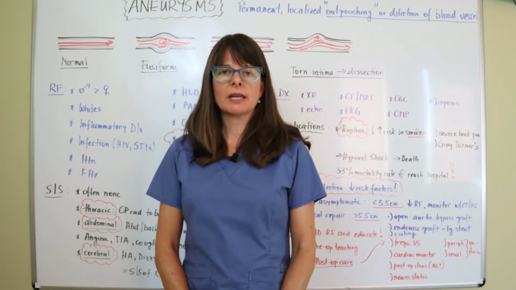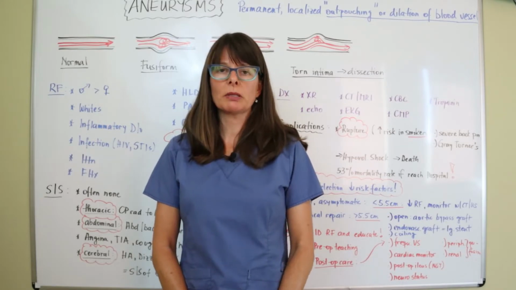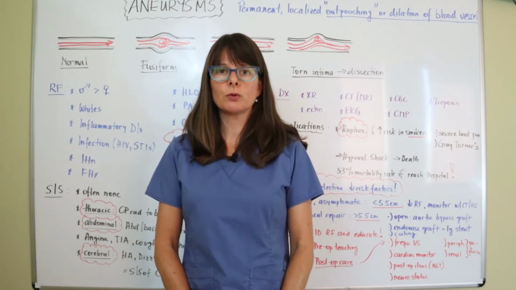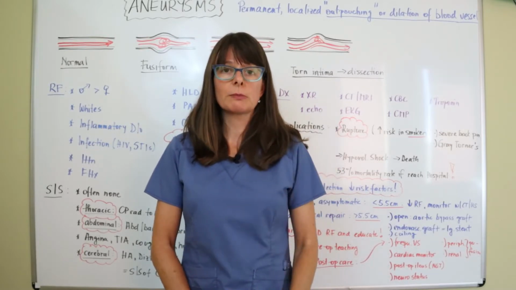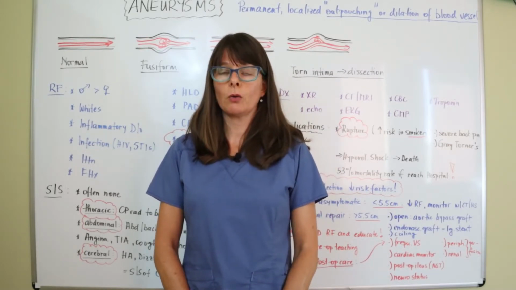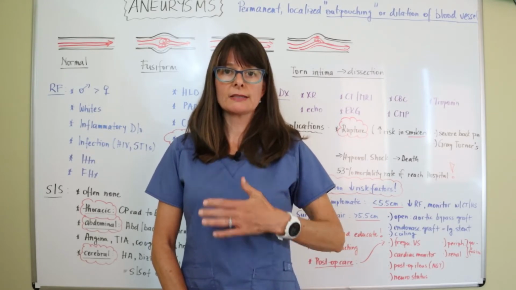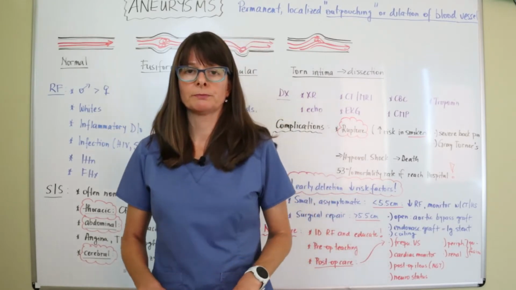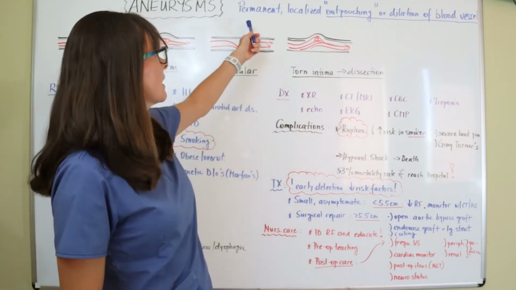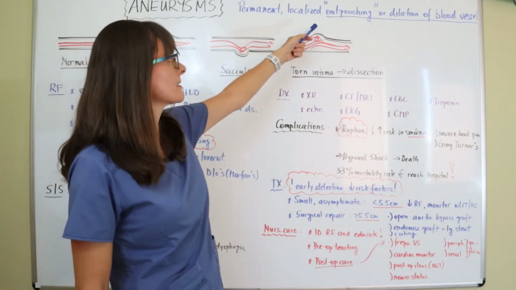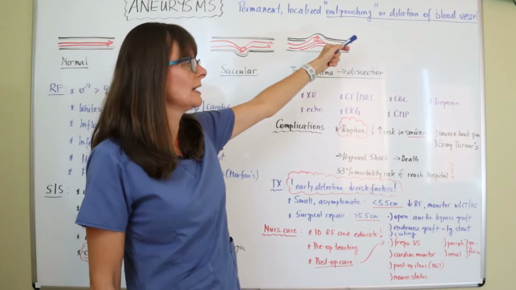Now aneurysms can occur in any kind of blood vessel, but the most serious ones that we usually hear about are ones that occur either in the brain, so cerebral aneurysms, or in the aorta, whether that's the thoracic or the abdominal aorta. And an aneurysm in general, what that term means, it's a permanent and localized outpouching or dilation